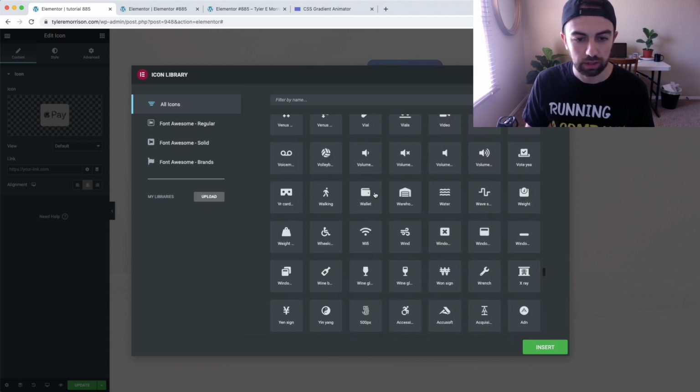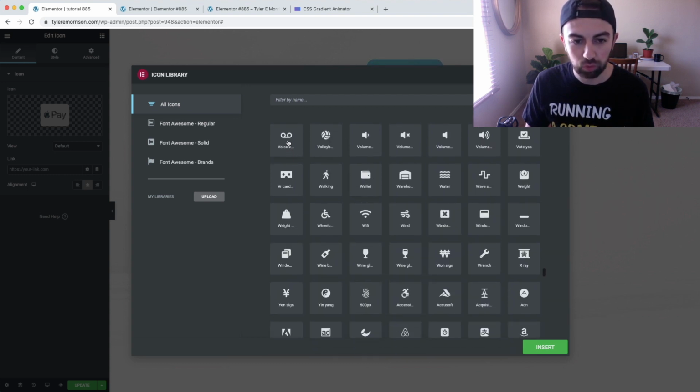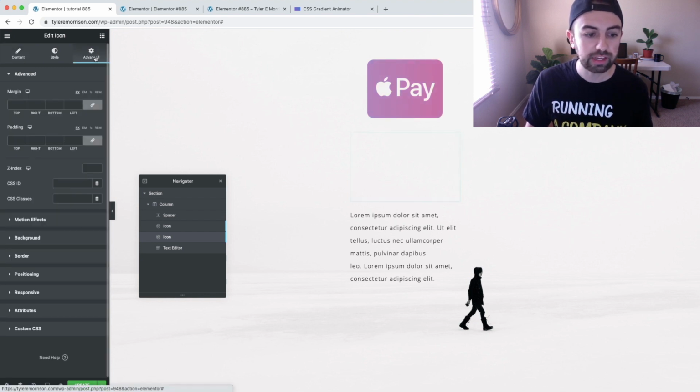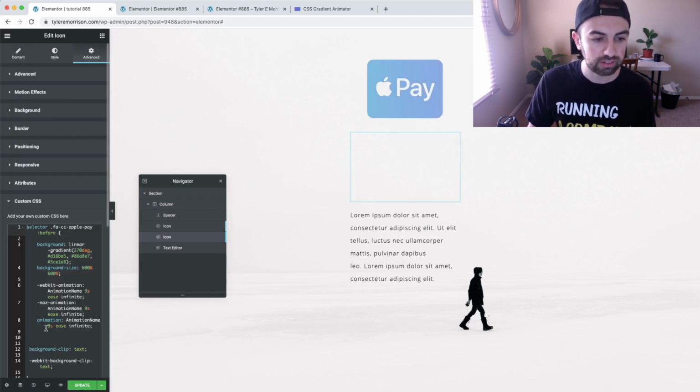Let's just say, I don't know, a voicemail. Perfect, right here. If we hover over, we need to get the name from it, right? Voicemail. We'll just go ahead and insert that there. And as you can see, it's gone. It's completely transparent, right? Because we haven't updated our code. So we need to go over to advanced and go over to custom CSS. And we need to get rid of